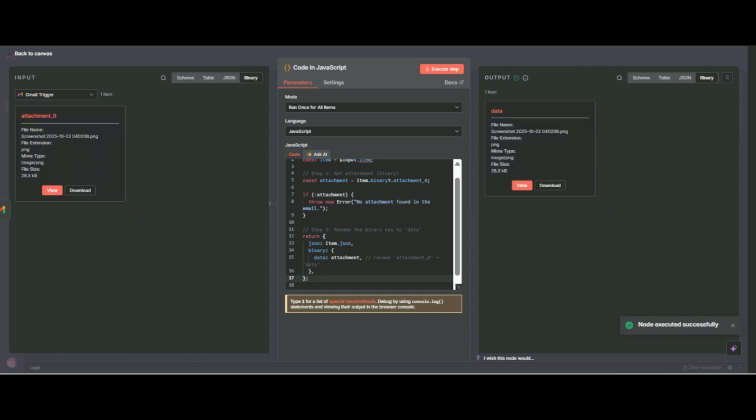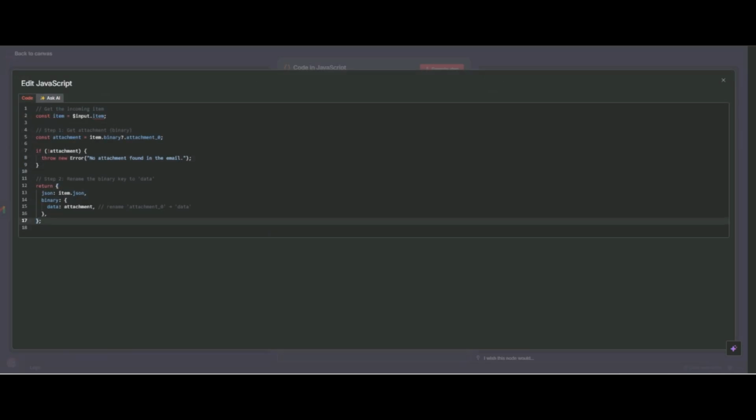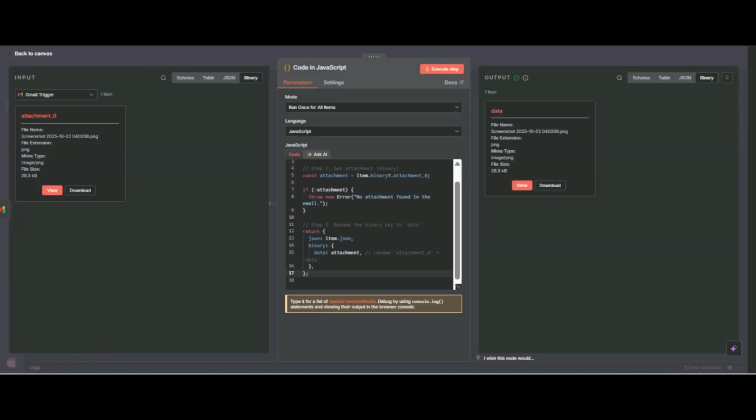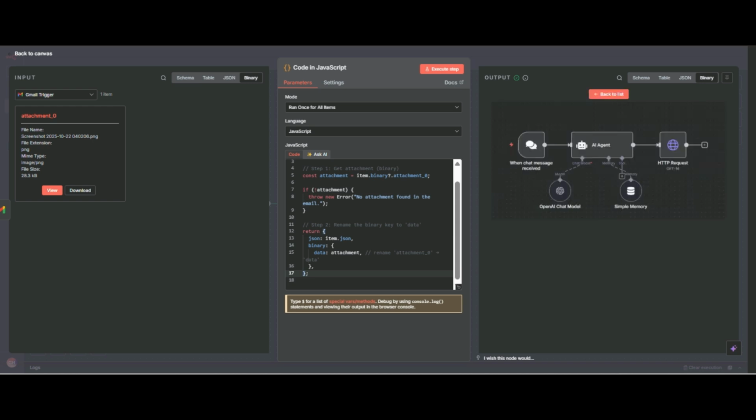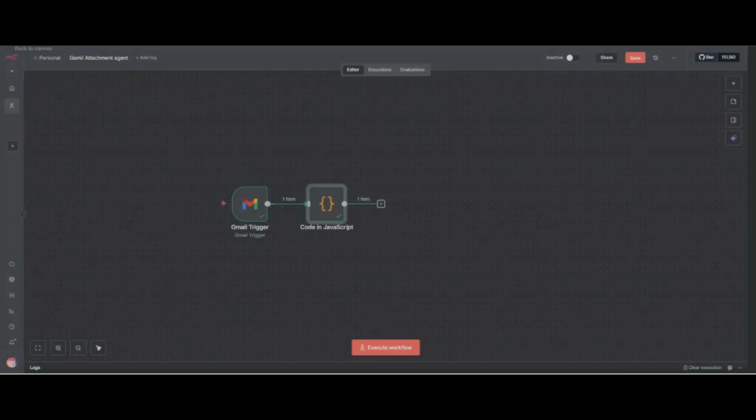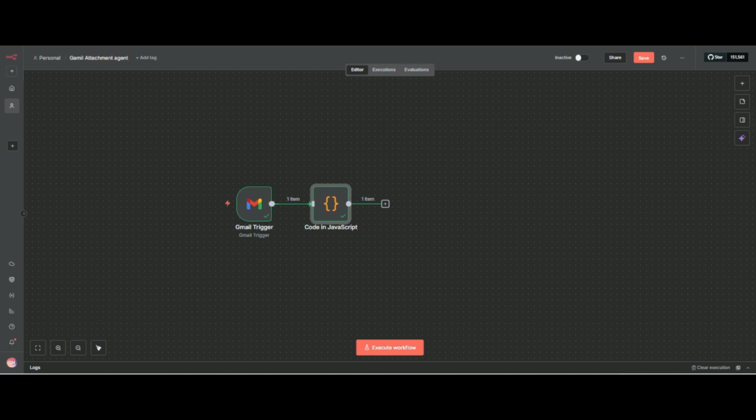Now you can see, first I need to retrieve only the file, and I also want to convert the name. Now you can see there is an image and there is an image, so this is the same. So now we understand the code node, which you can use for more flexibility.